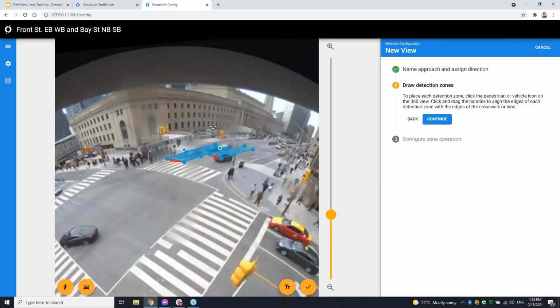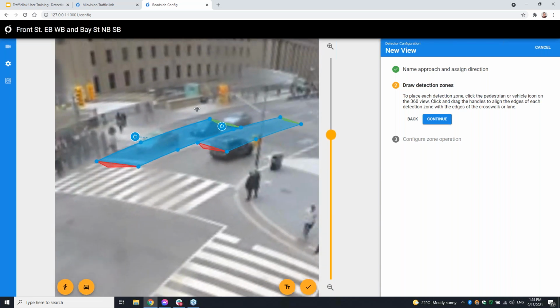So where's my approach over here? I have heard a couple questions in the past about configuring on live video versus the static image. We do configure on the static image today, and we do have some plans to do that on live video, because sometimes watching the behavior of a vehicle while you're configuring is kind of helpful. You can really see what they're attempting to do, and then you can almost draw the zone while they're moving. That's something we're working towards. We're not quite there yet, but it is a great idea, and it's something that we're going to add into our platform shortly.